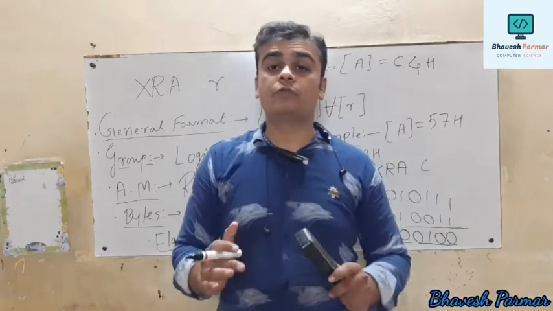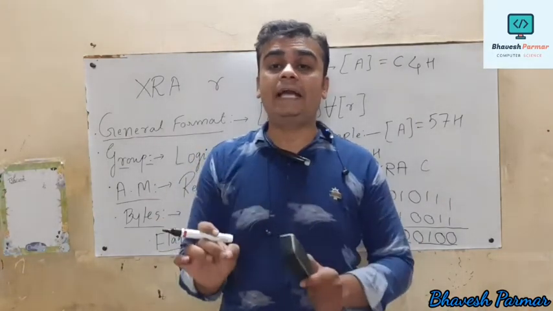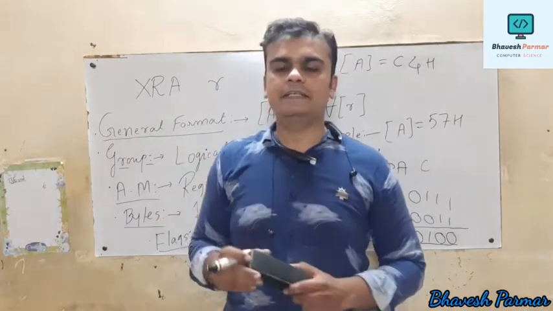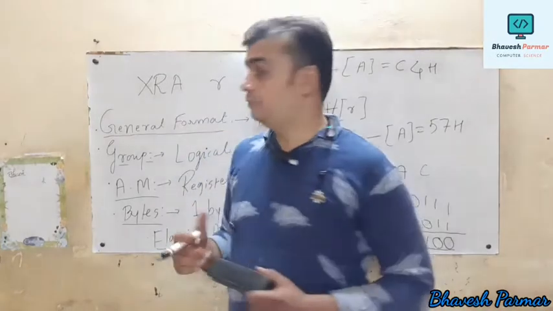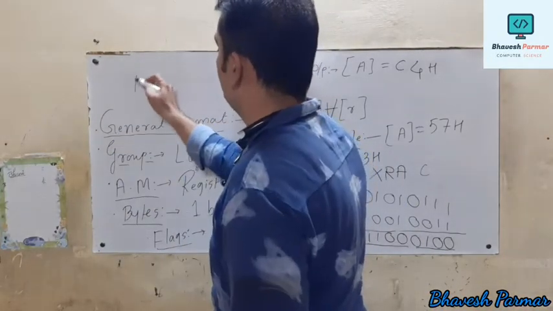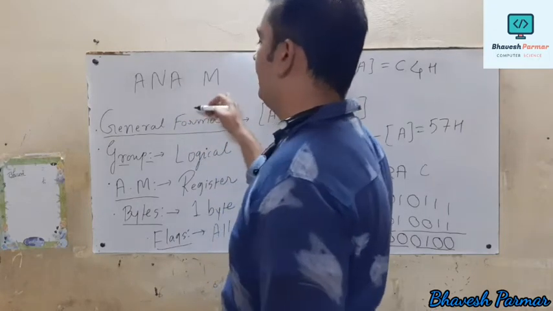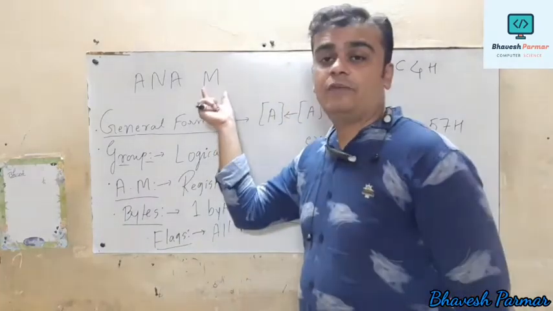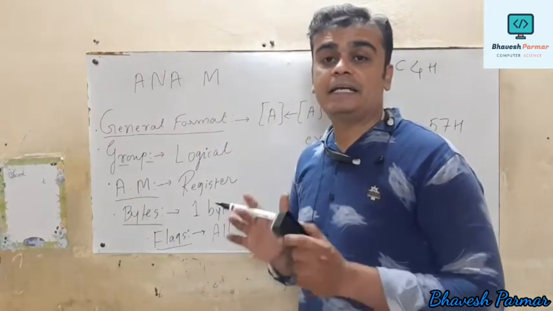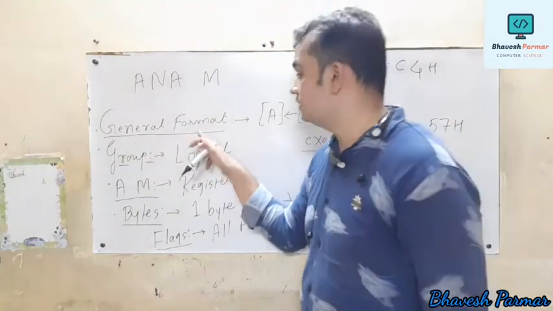So guys, we are going to focus on our next instruction, that is logical AND with memory. So how to do this? We are going to discuss it. Now we see the logical AND operation with memory. I write down the instruction ANA M. In this case, I have to perform the logical AND operation with memory, and memory is represented by the register pair HL. So as usual, our first point is what? General format.